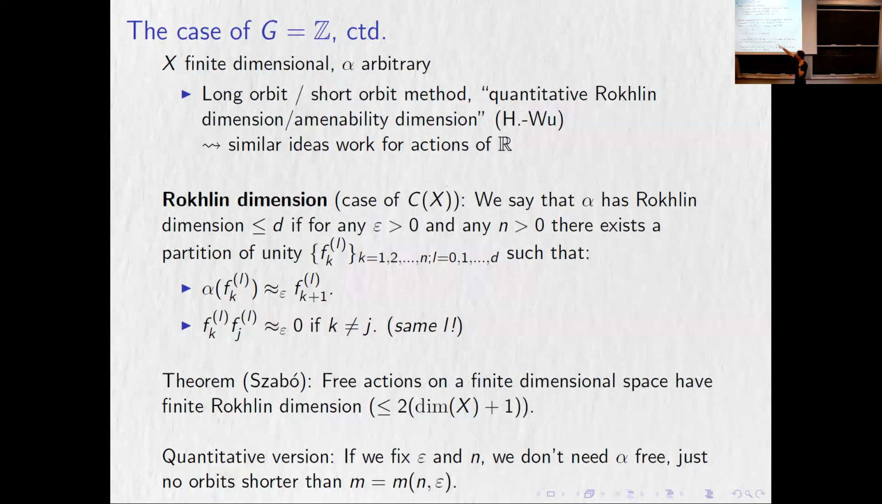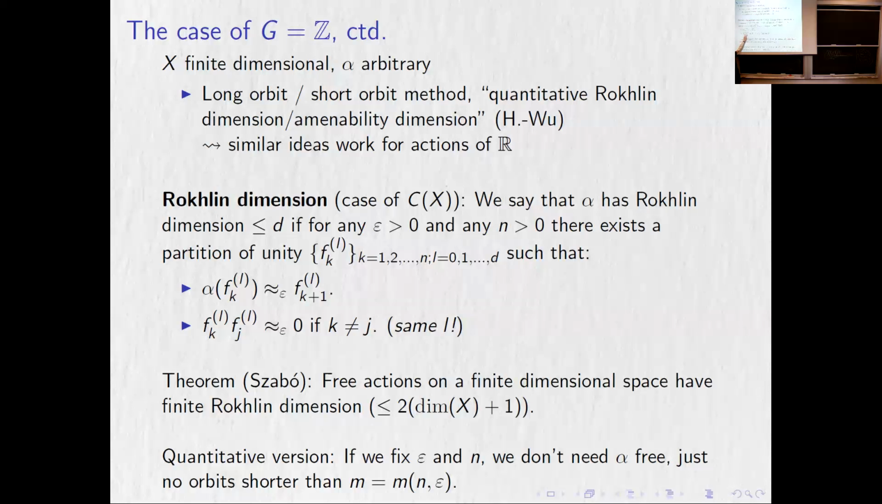I have a partition of unity, which has two indices. The lower index tells me the length of each tower, and the upper index tells us how many colors there are. You have d plus 1 colors, and each one goes roughly into the next one, up to epsilon in norm, where this is cyclic. So when I get to the end, they go back to the beginning up to epsilon, and